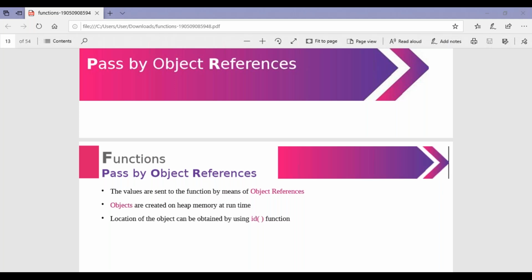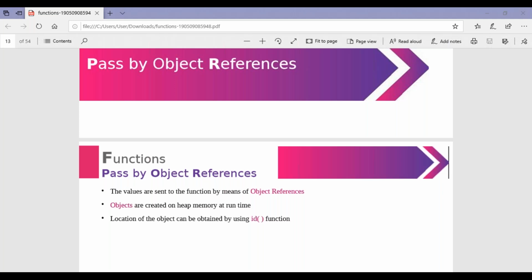Once the program is completed, the objects will be removed. That is the automatic garbage collection we see in Java, and also in Python programming. So the values are sent to the function by means of object reference, the address of the particular object.